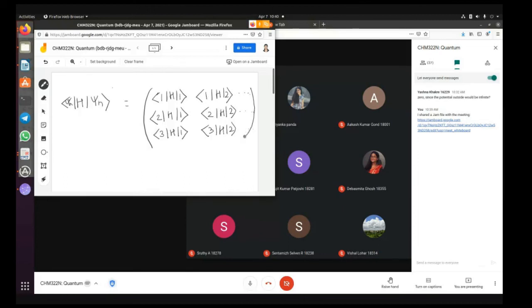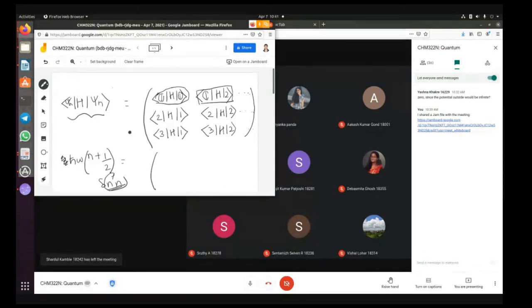So what was this value? This value turned out to be h cross omega into n plus half, into delta n dash n. This is only equal to 1 when n dash is equal to n, otherwise it is equal to 0. So for this one, n dash is equal to n, so this term will have the value 1. But for this other term, 1 is not equal to 2, so this term is going to become 0. So for this term, I'll get h cross omega into n plus half.